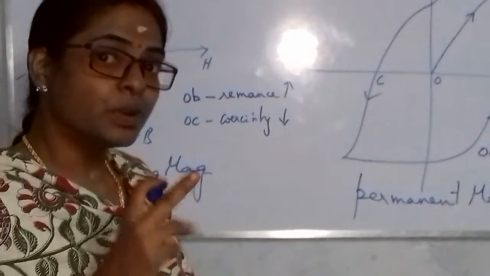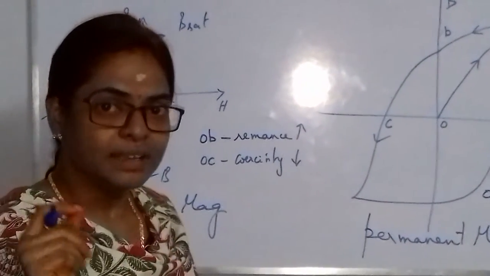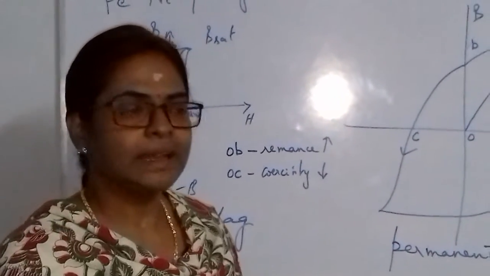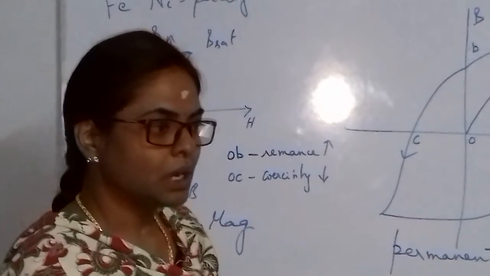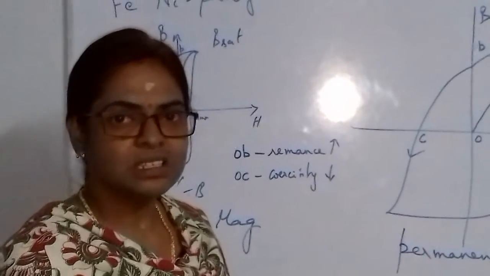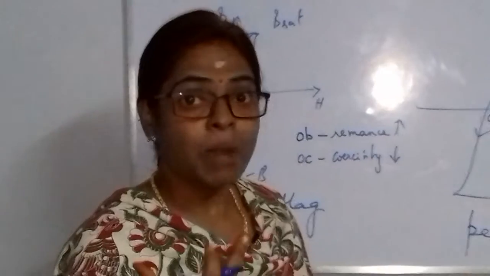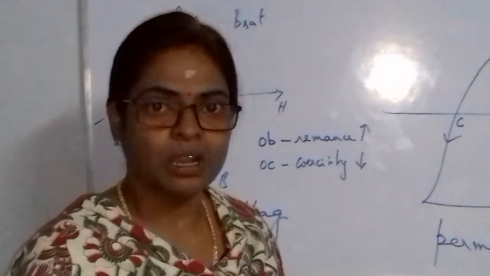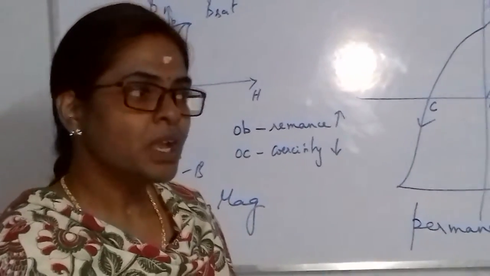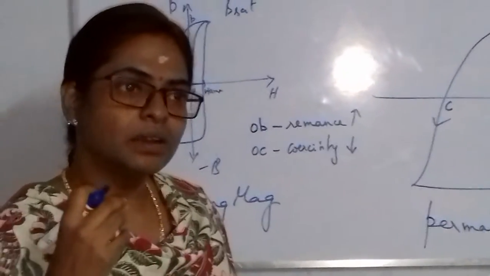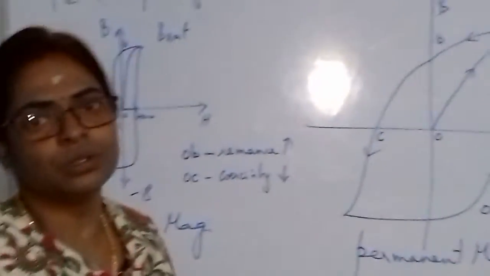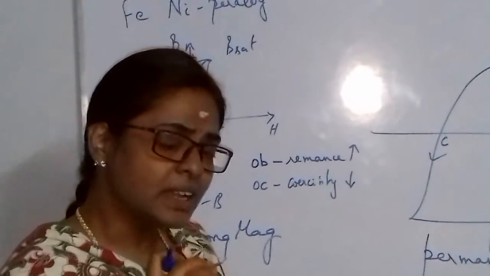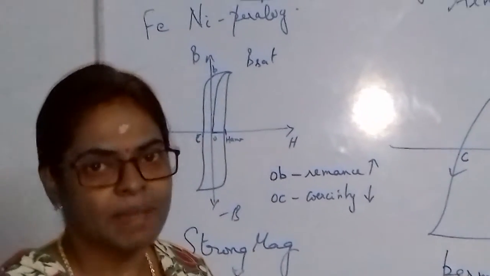As I said before in the domain theory, it is because of the defects prevailing in the material. For example, point defects. It can be a vacancy, a Schottky or Frenkel defect, interstitials, and then grain and grain boundaries. If there is a grain boundary while forming the crystallization, then we call it a Bloch wall. Because of that wall, there is a hindrance, a resistance to the motion of the dipoles. So that is the reason for the material to behave as a hard magnetic material.